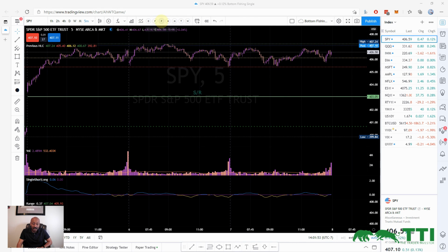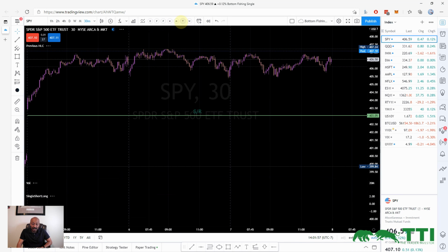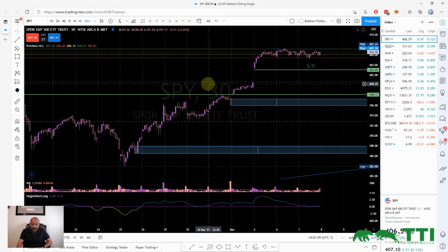When you're looking at a longer time frame, like 30 minutes, you can see clearly that range bound. You can see clearly we're contained within yesterday's high and low. And down here, this other line that you see is last week's high and low. We're for sure way up above last week's high and low. A beautiful entry would be to use last week's high as an area of value,